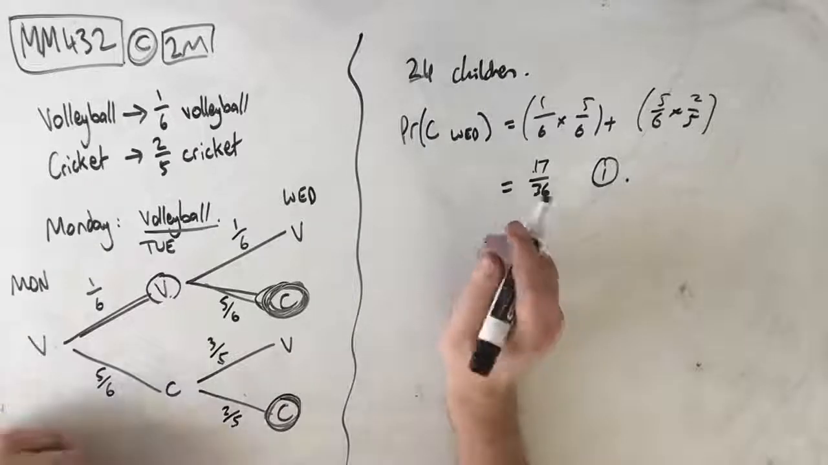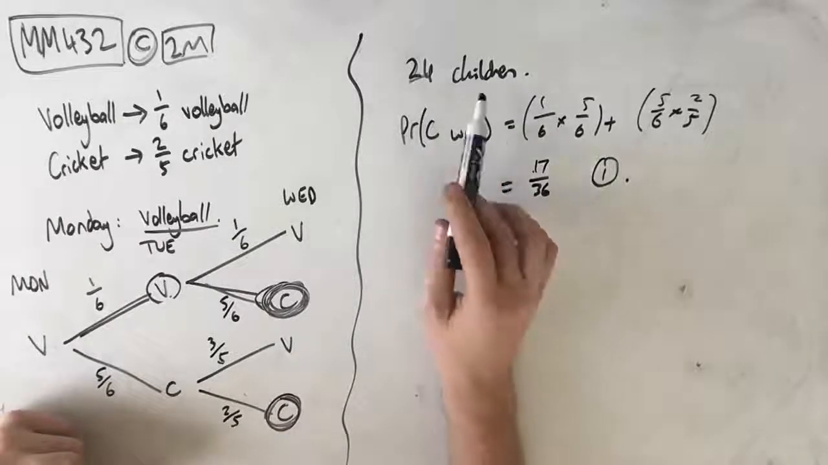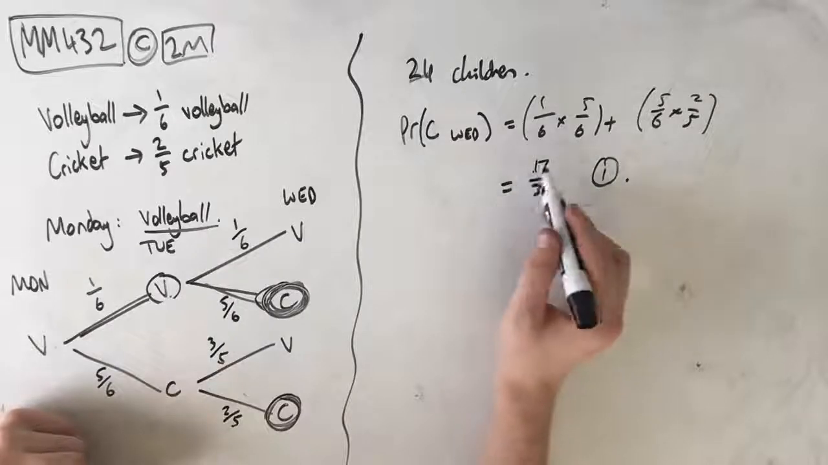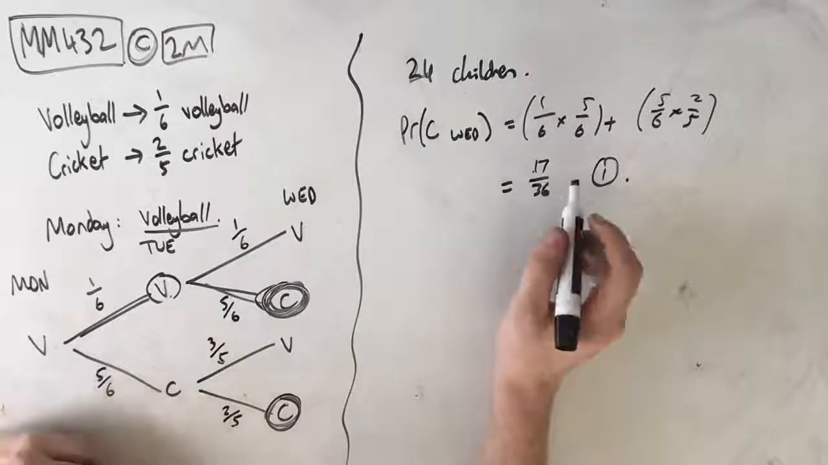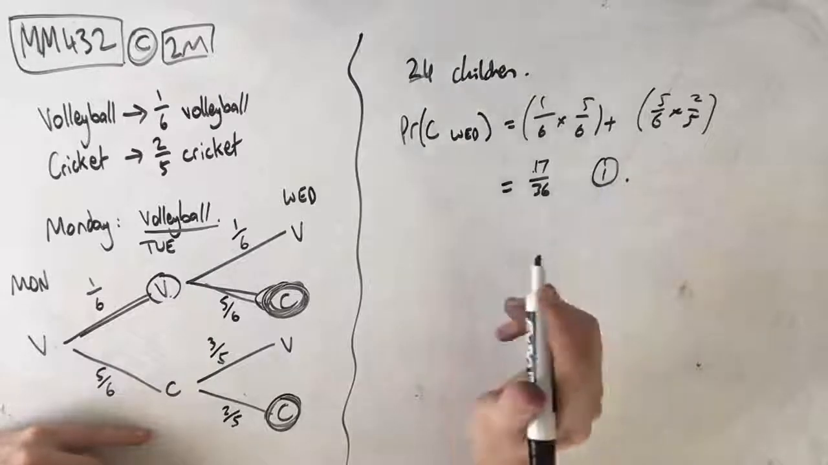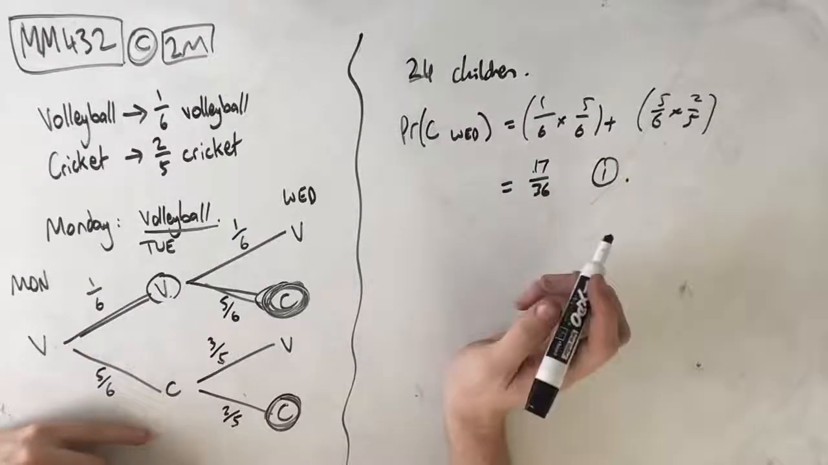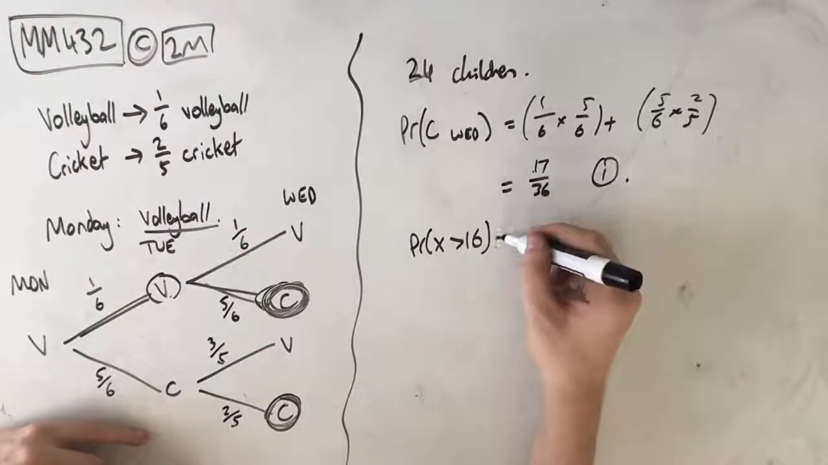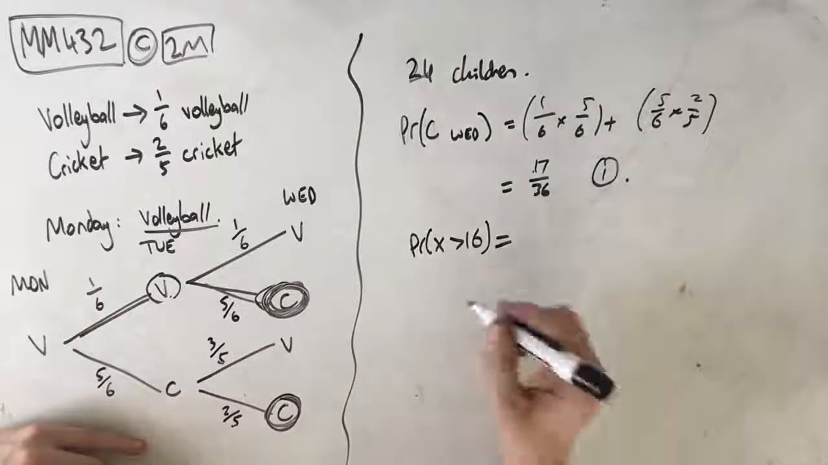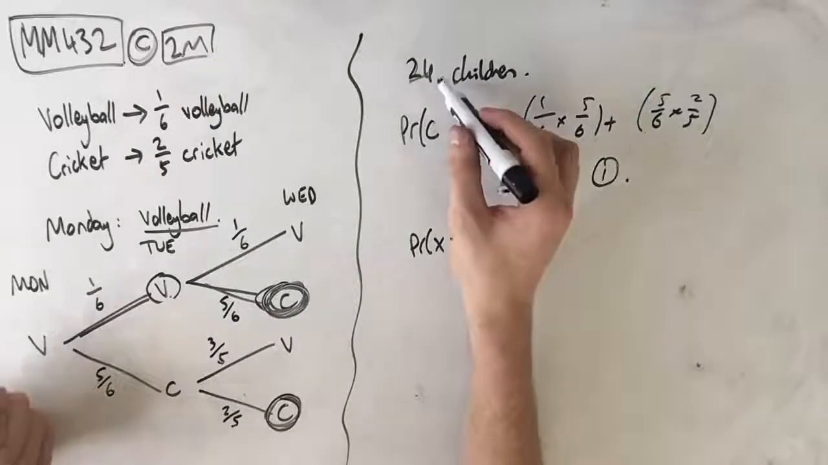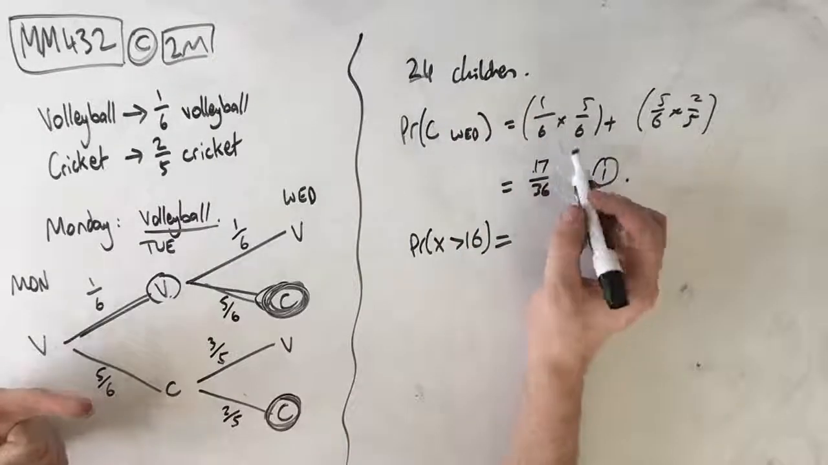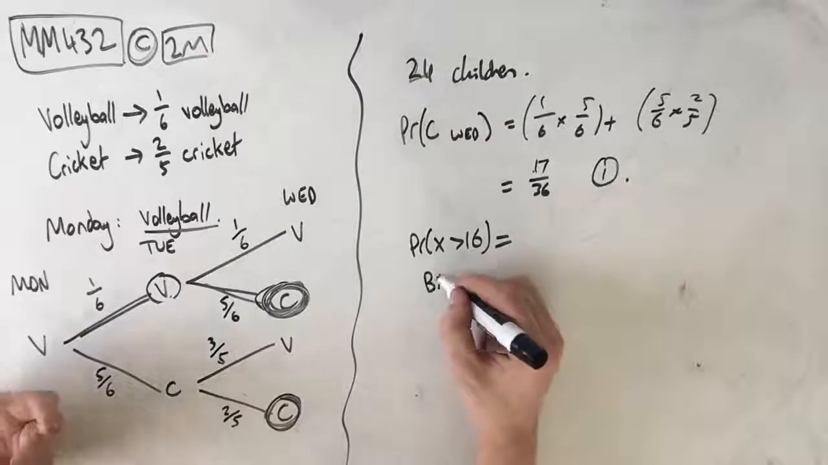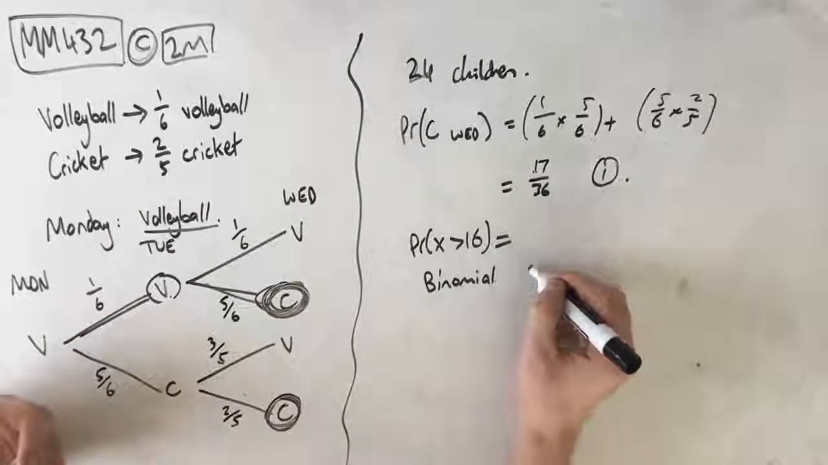Now, we know that there's 24 children in the holiday program. We know that any one of them has a 17 in 36 chance to play cricket on the Wednesday. And so we're looking for the probability that more than 16 of them play cricket on the Wednesday, right? So what we do is we say, well, we've got this number of trials, we've got these independent attempts, we've got this same probability for each trial, which means we're going to be dealing with binomial. Okay, so we get out our binomial CDF calculator,